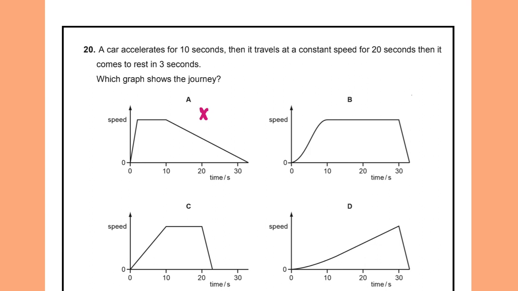So this is out because between 10 and then 20 more seconds, so till 30 seconds, it should have been a horizontal line. So this is also out. And then it travels at constant speed for 20 seconds. So 10 to 30, it must be at constant speed. So this is also out because this does not show that required amount of time, right? It's traveling at a constant speed for 20 more seconds after it has accelerated for the first 10. So the final time we're looking for at the end of that horizontal section is 30, not 20, right? It's 20 more seconds. So my answer is B, and it also works with this last part of the description,